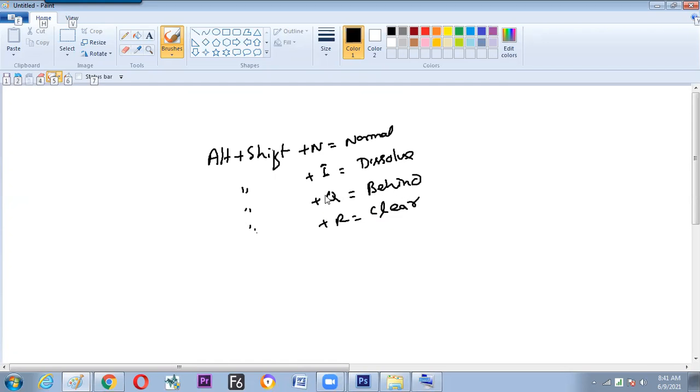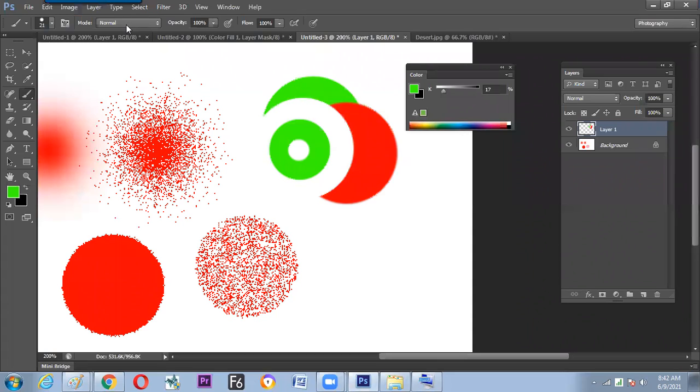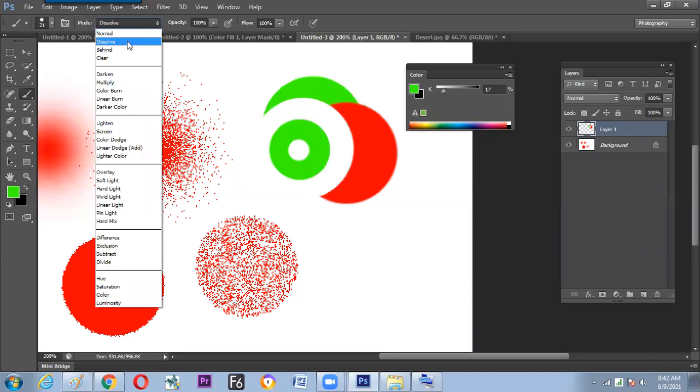So instantly you can jump. There is nothing to memorize; just hit the letters and you will find it. Now check on your screen: Alt Shift N, Normal. Alt Shift Q, Behind. Alt Shift R, Clear. Alt Shift I, Dissolve. So four blending modes we have seen, four hotkeys, and four reactions.